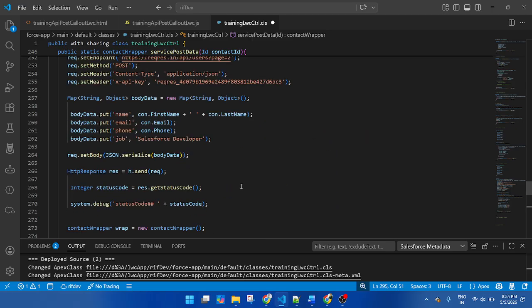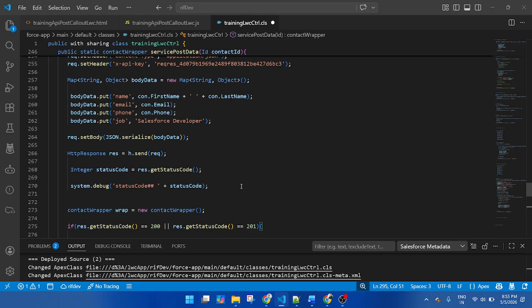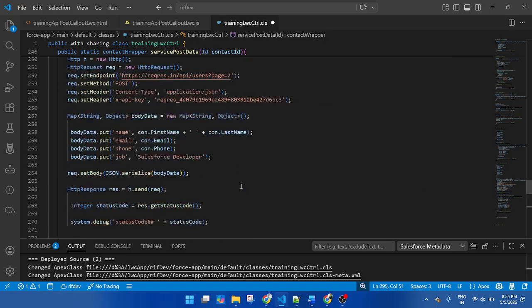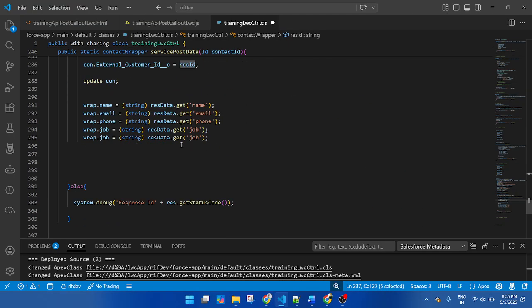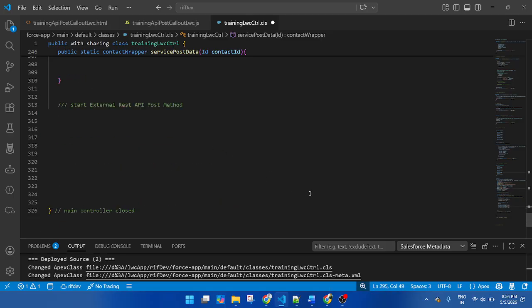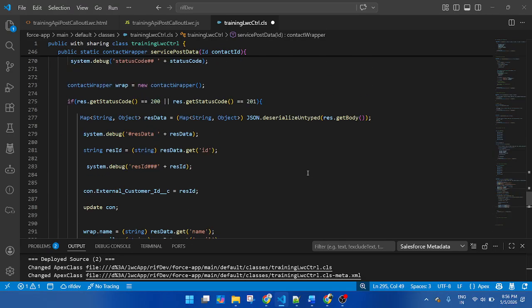I want to get the response ID. So response ID, this one, this is a field of the wrapper. Response ID will get ID, this one.